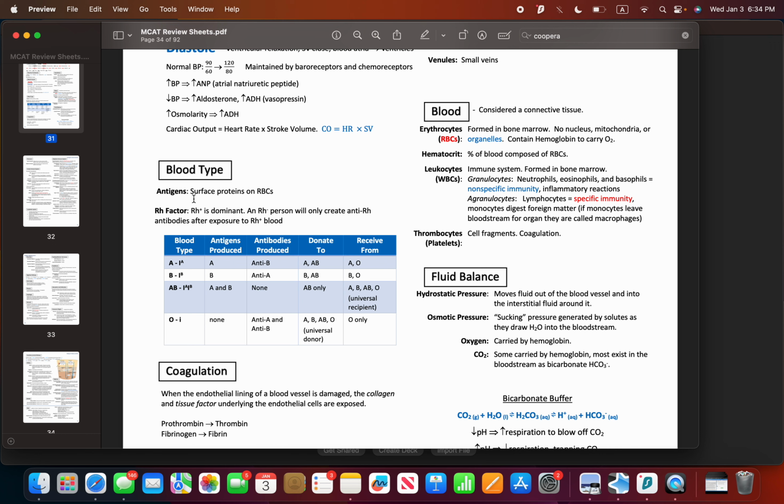There's also the Rh factor. So Rh plus is dominant. This is going into genetics. And an Rh minus person will only create anti-Rh antibodies after exposure to Rh plus blood. So they make anti-Rh proteins, which are antibodies, after exposure to the Rh plus blood. If they are exposed to the Rh plus blood, the Rh minus person will,